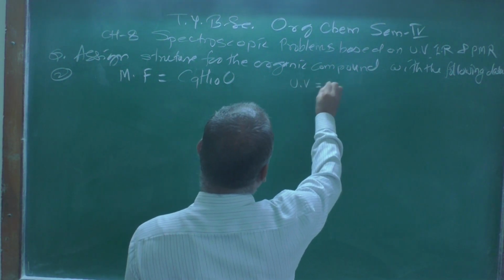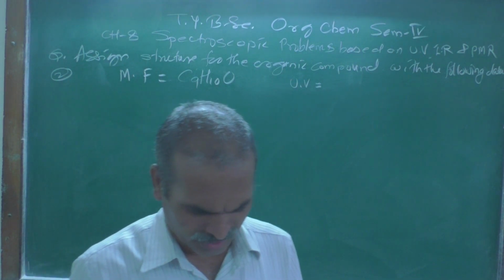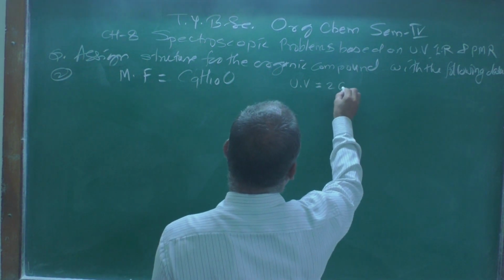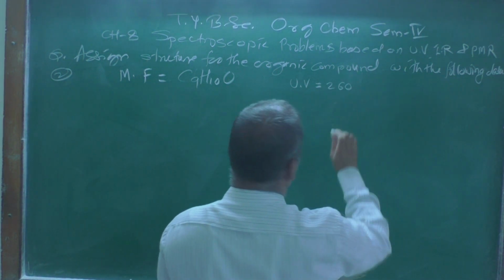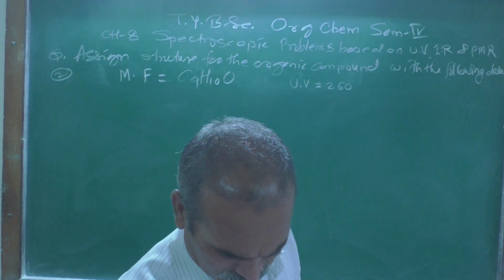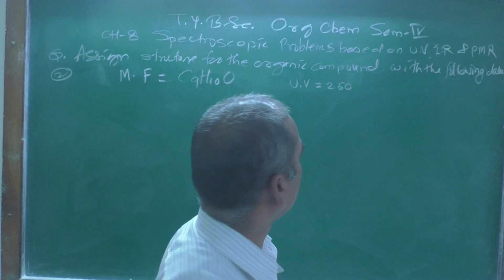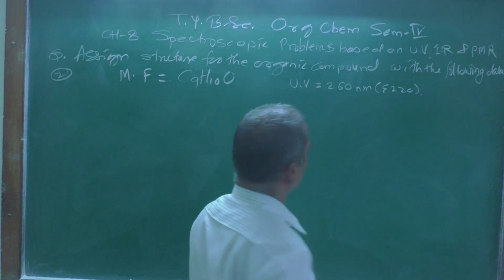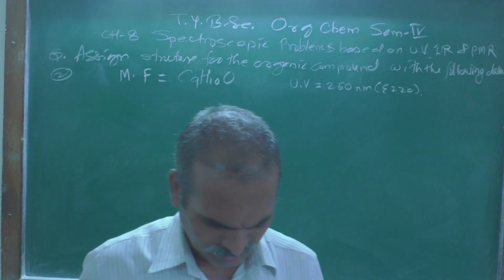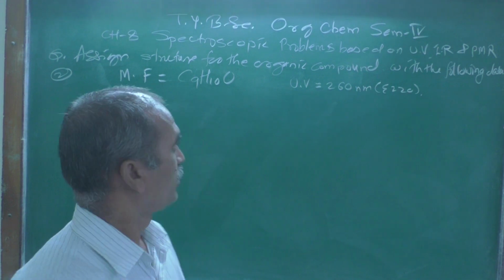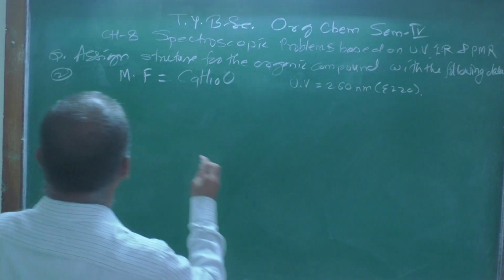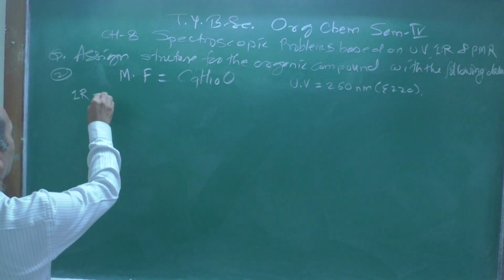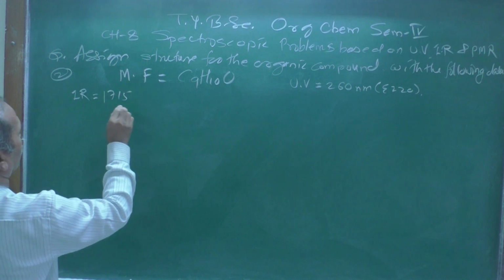UV ultraviolet data is also provided, that is lambda 260 nanometer, epsilon 220. Then IR infrared spectroscopy data is also provided, 1715. Then